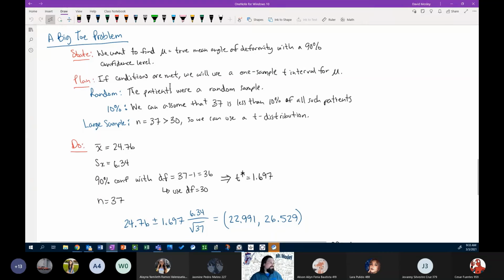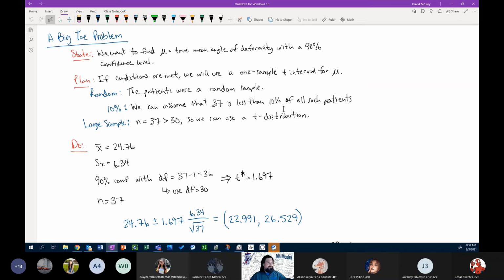All right, so if conditions are met, that's part of planning. I got to check my conditions. Random: the patients were a random sample, so we're good there. 10%: we're going to assume that 37 is less than 10% of all such patients. They didn't tell us how many of these types of patients we have in the population. But because they gave it to us as a problem to solve, it's safe to assume that the 10% condition is